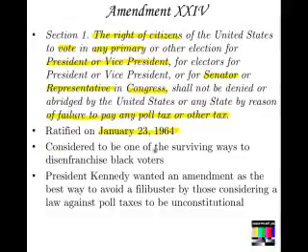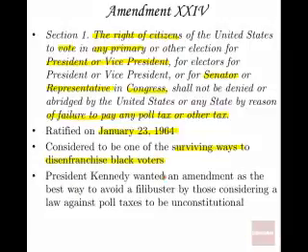Again, this was considered to be one of the surviving ways to disenfranchise black voters. So whereas the Jim Crow laws, the idea of grandfather clauses, the idea of literacy tests, these were generally not used in the latter part of the 20th century, but the poll tax was seen as a way to disenfranchise black voters and also maybe poor white voters as well. And so